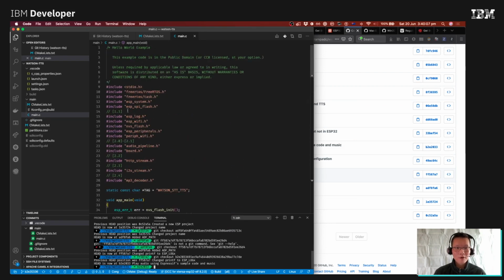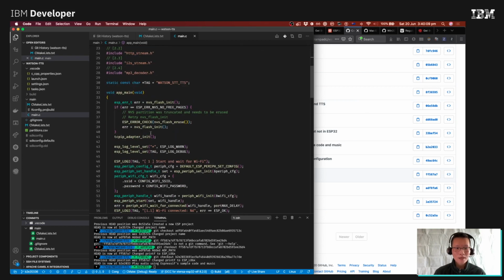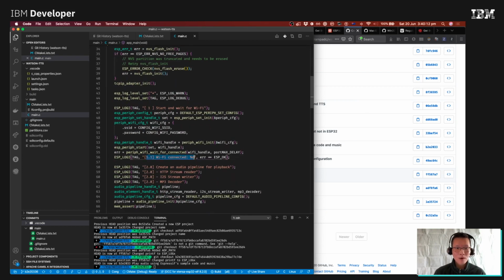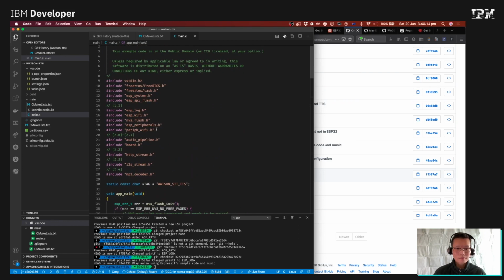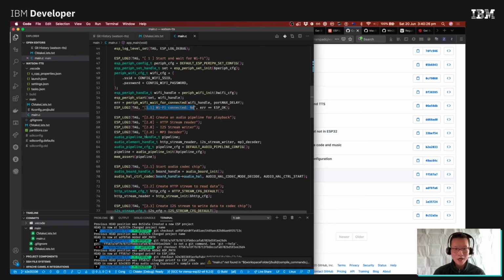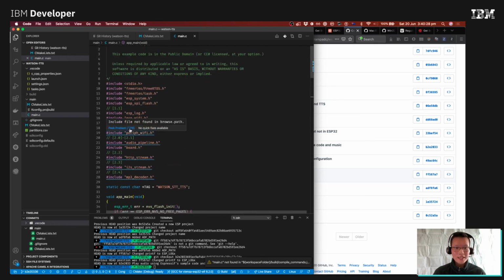So for example, the way this works is that 1.1 corresponds to the stage 1.1 under here. In stage 1.1, the logging, I needed to add ESP log, ESP Wi-Fi, flash, peripherals, and the Wi-Fi peripheral header files for this particular example to work correctly. When you see the squiggly line under the different header files, what that means is that Visual Studio Code cannot find the header file. And the way you can fix this is